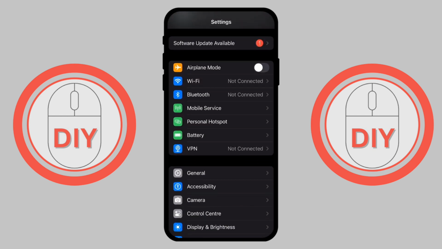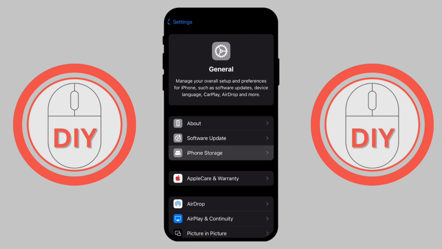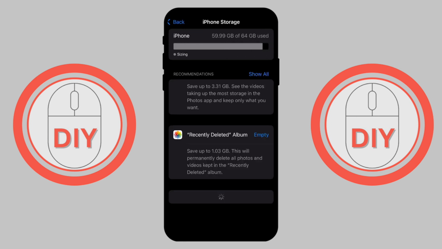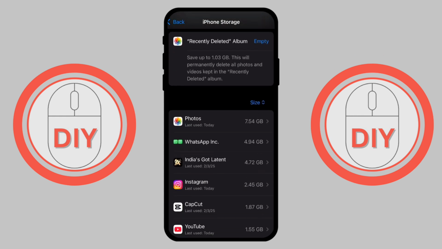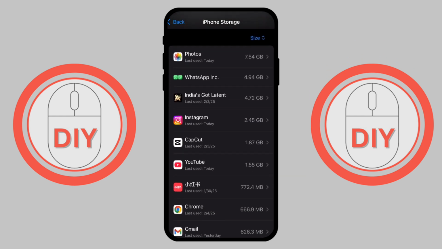After that, navigate over to the General section. Find the iPhone storage option. If you're using an Android device, then find the Apps section. Locate Instagram and clear the cache files as well as the data and other things. But if you're an iPhone user and you've gotten to this iPhone storage section, then locate Instagram on this list